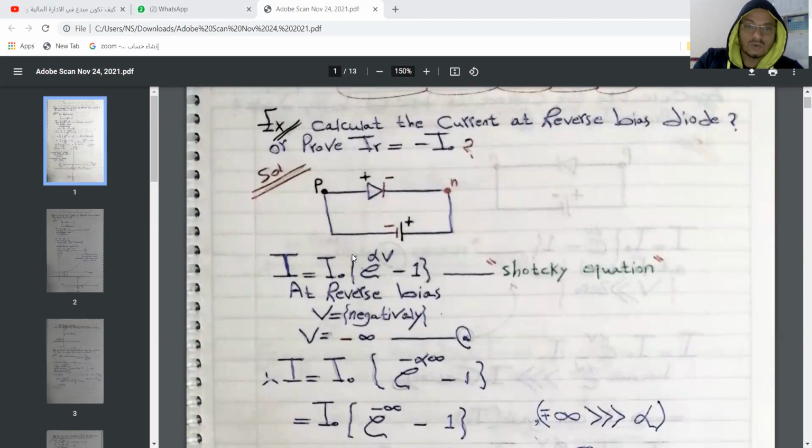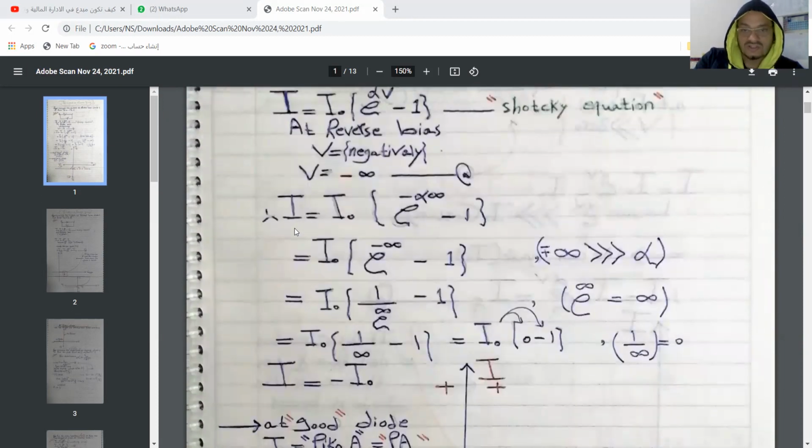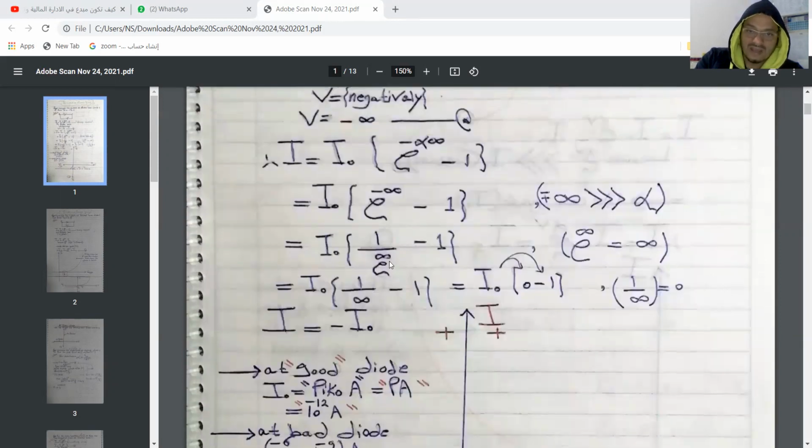Let's start from Schottky equation. The current equals saturation current exponential alpha V minus 1 at reverse bias. V will be negatively a big amount, that's mean minus infinity. Here we will put this value instead of V at Schottky equation, and will be I equals saturation current exponential minus alpha infinity minus 1, that's mean minus infinity will be 1 divided on exponential infinity to be like that,